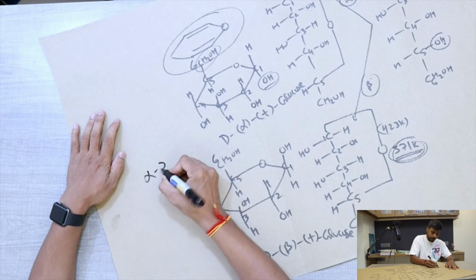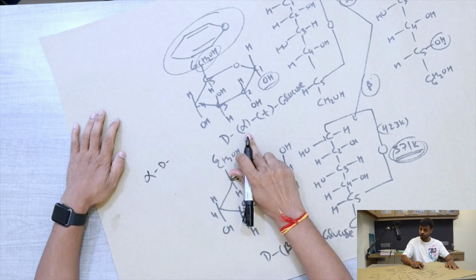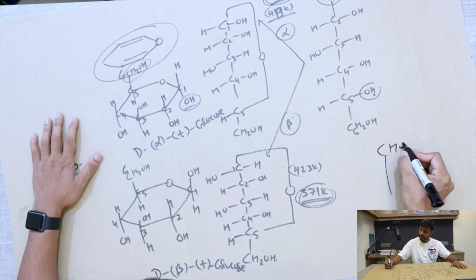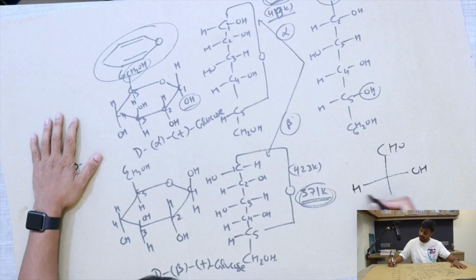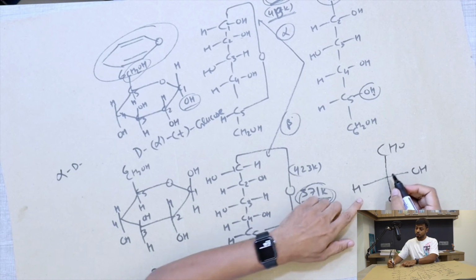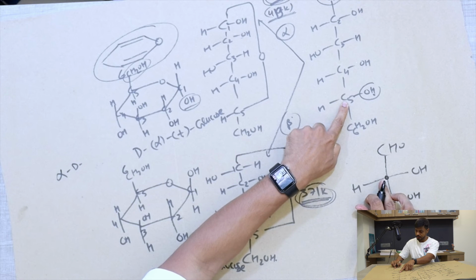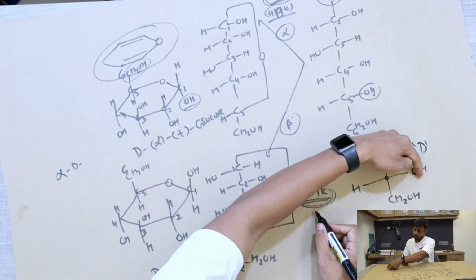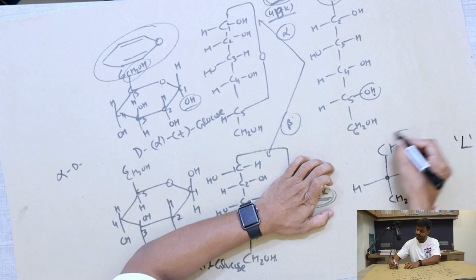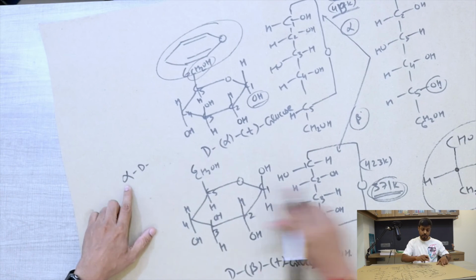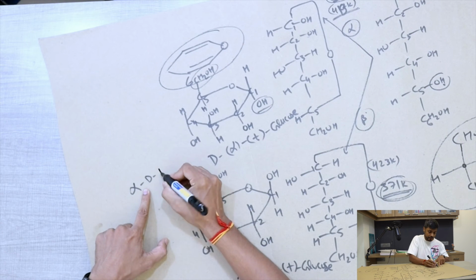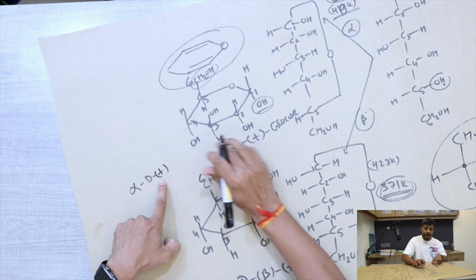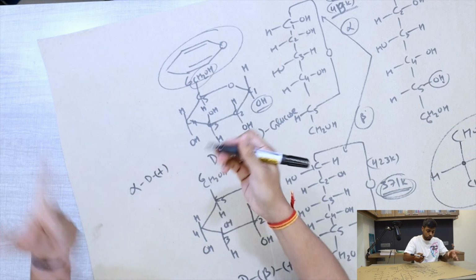It is the alpha form, capital D, because of the glyceraldehyde molecule. This is the glyceraldehyde molecule. CHO, OH on the right hand side, H, and CH2OH. So the last chiral carbon is similar to this. That's why this is the D form. If at the last carbon the OH is on the other side, we call it the capital L form. So this is with respect to the glyceraldehyde molecule. Anyways, this is the alpha form, capital D. They are dextrorotatory, so that's why the plus sign. And it is gluco, similar to the pyran molecule, so glucopyranose.